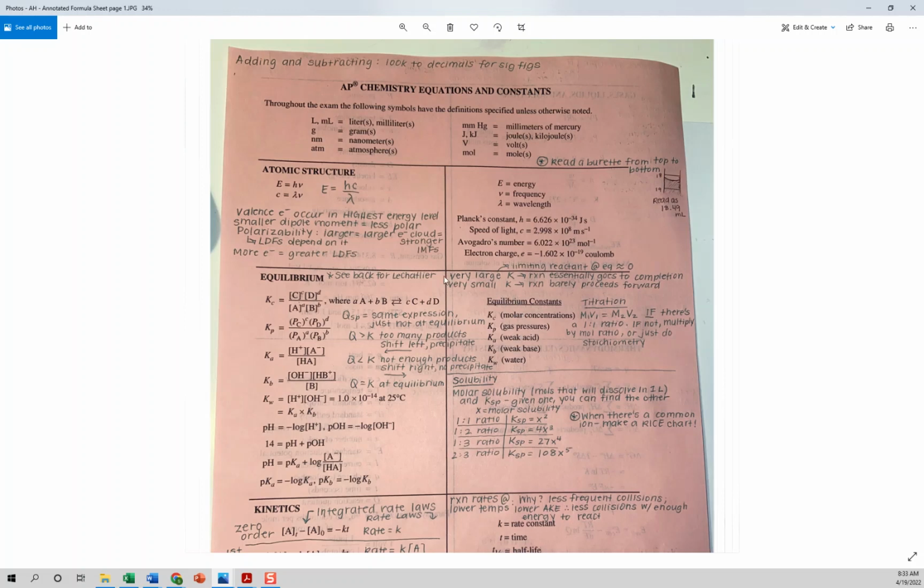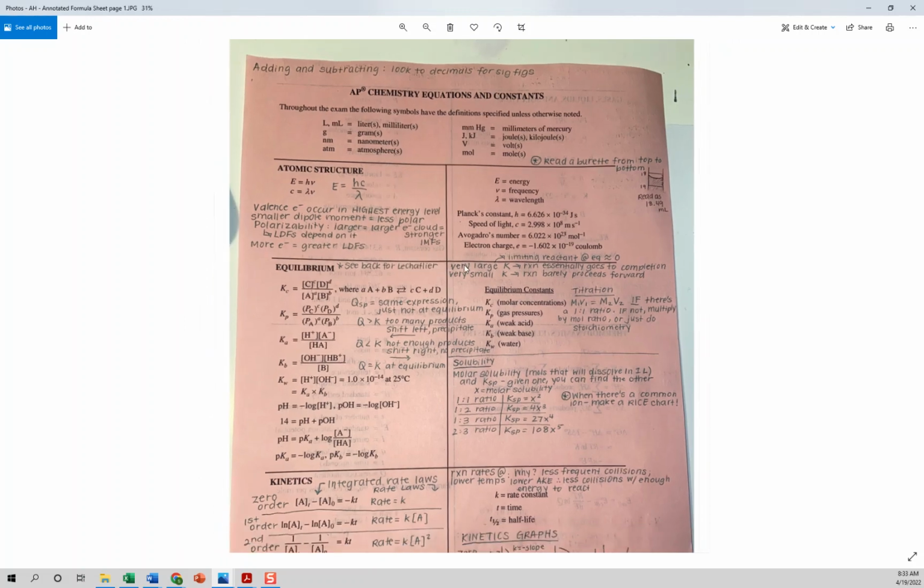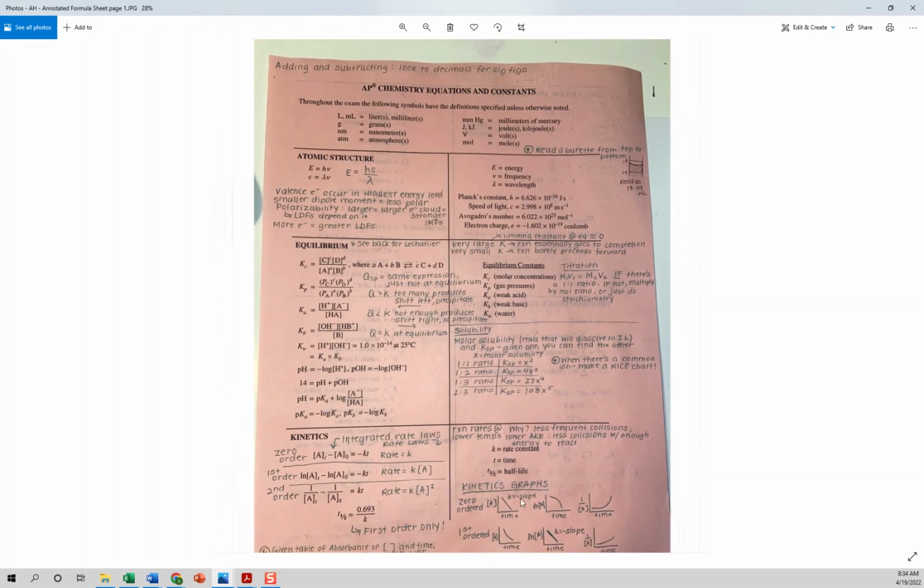So this is an annotated formula sheet, and it has a bunch of reminders and stuff on there. So this is good. This might help you with the formula sheet assignment that you have for review, but it's just really good reminders. Like in the equilibrium section, they have what Q is about. They have the Ksp shortcuts, common ion, make an ICE chart. So like all these little reminders. The graphing stuff, which we're going to talk about today for kinetics. That's the one side, and then